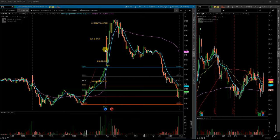There's a quick little sell-off here, and I was looking for this area to hold as support. Once it came to within what I was comfortable with as far as risking, I would start looking for a buy setup. The 2-minute gave quite a bit of price action right in this region here. Saw a little bit of bullishness, started to take the offer on the price, so I jumped in here at 27.53, allowed for less than a 10 cent stop loss here,